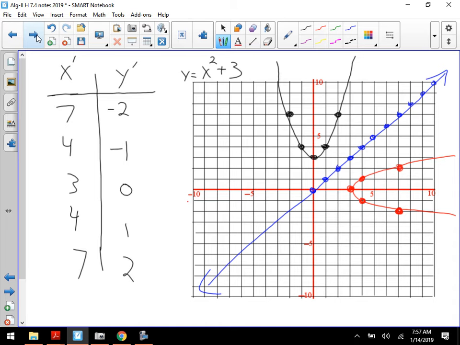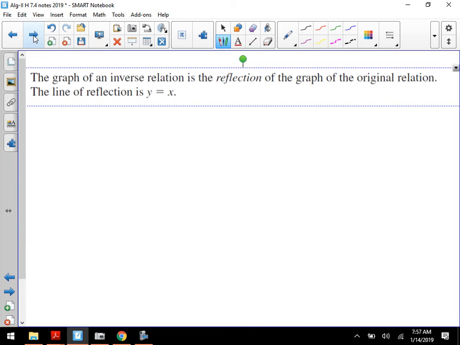The other reason why we talk about inverses now is because when we get into exponential functions next week, we'll start talking about what are called logarithmic functions. We have to understand how inverses work to work with those guys as well. So the graph of an inverse relation is the reflection of the graph of the original relation about the line y equals x. Basically, again, that just means